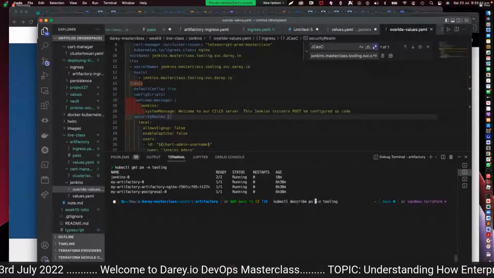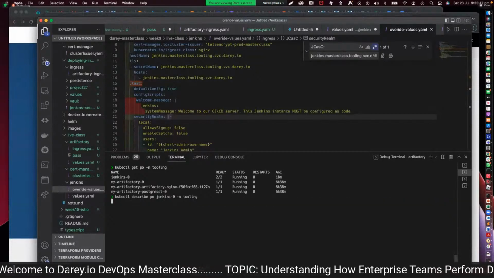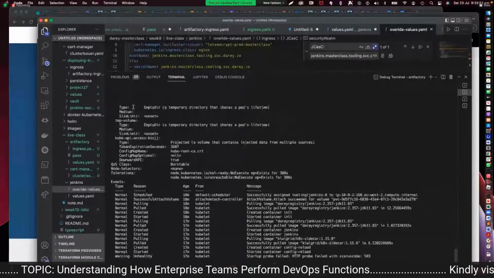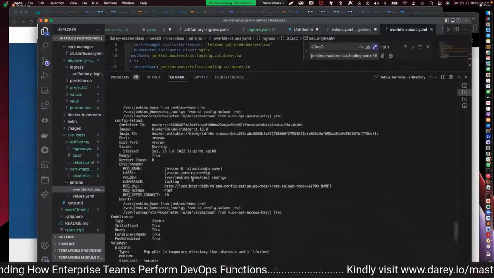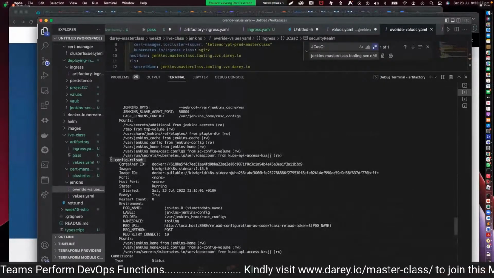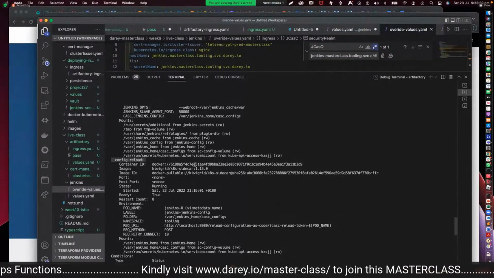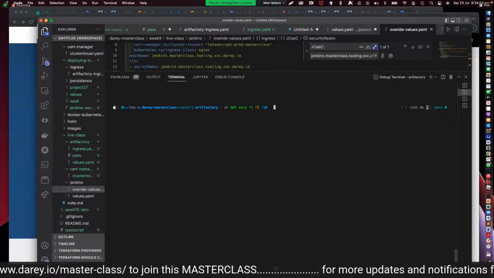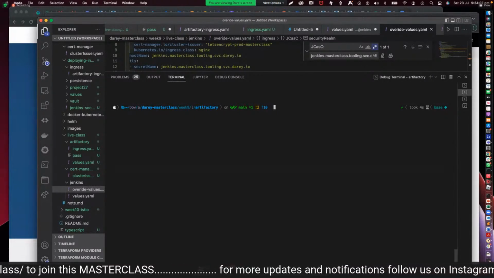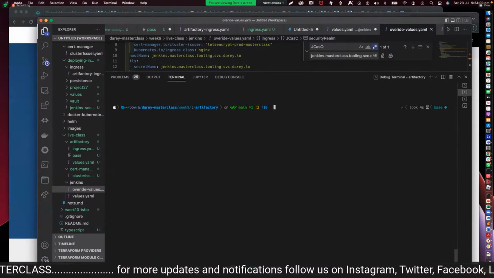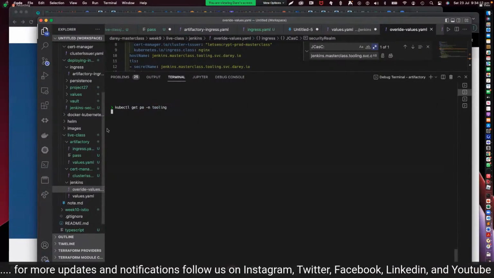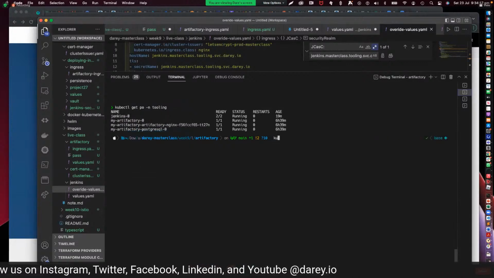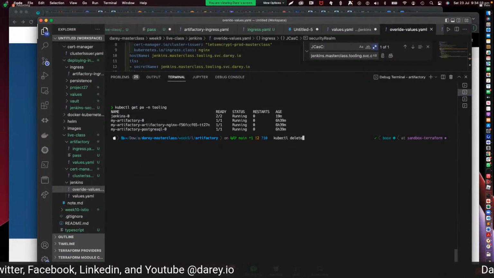pod and put Jenkins-0, you notice that it has two containers, and as you can see here, 2 of 2. It does have two containers here. One is meant to reload the configuration. So ideally, this shouldn't be happening. But sometimes, these things can turn out not to be stable. I've seen that happen a number of times. So what you can do in this case, sometimes you just have to restart the pod, or let's see if that helps. So I'll just do kubectl delete pod